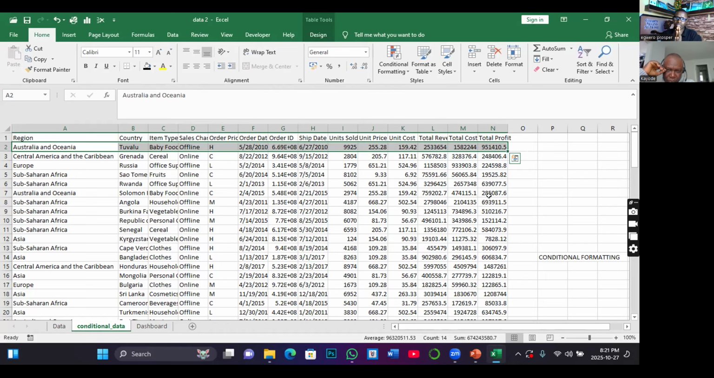So now let's bring it together. Conditional formatting, which means formatting where criteria is required. I believe that is understood, sir. Yes, sir. All right. So let's quickly look at some of the benefits of